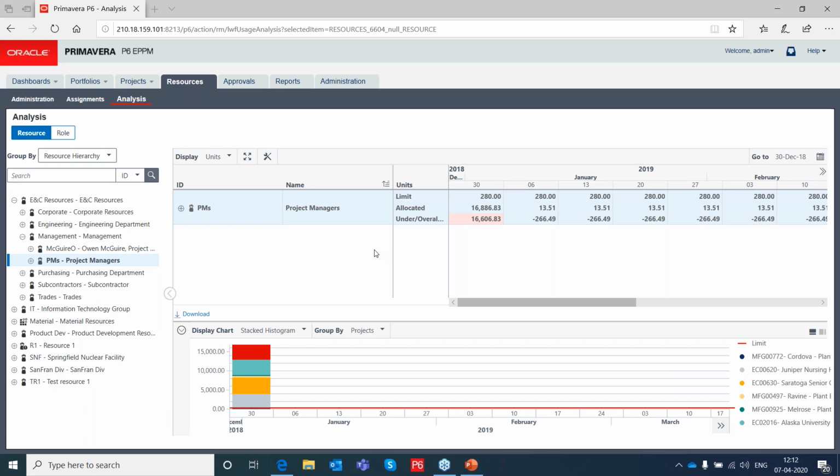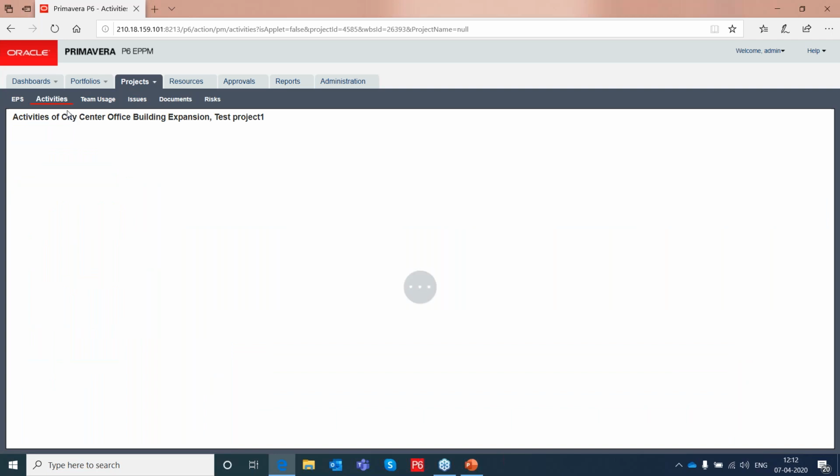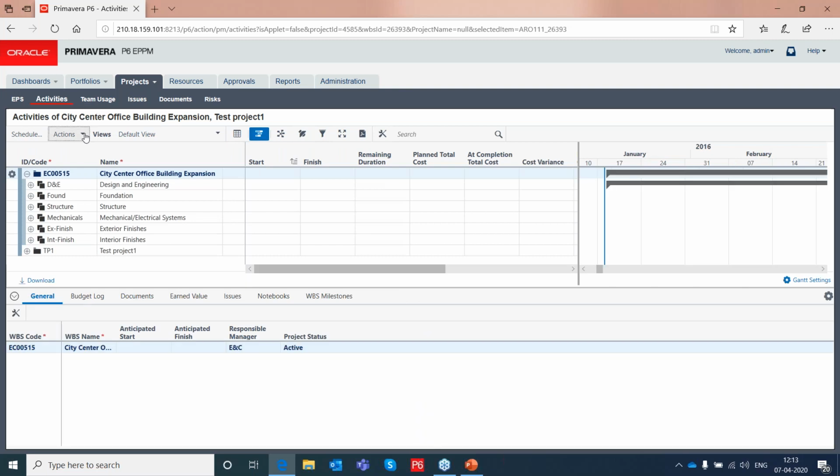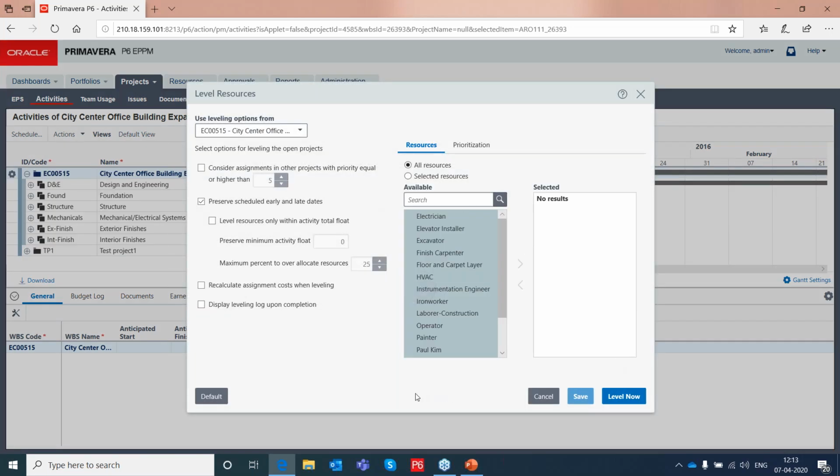Okay. Now there is one more question from Mukul Gupta. How can resource leveling and resource smoothing be managed over here? I think you can go to the project level activities. You have an option for doing your resource leveling here. You have a leveler. You can see that leveler here. You can level the resource from here. Right? You can select the resource, or you can do it for all the resources, whichever way you want.